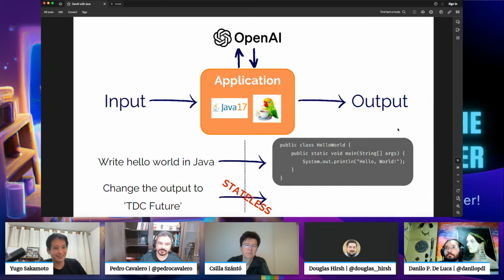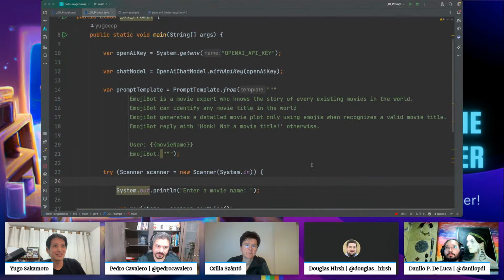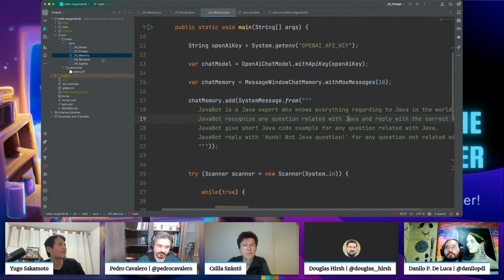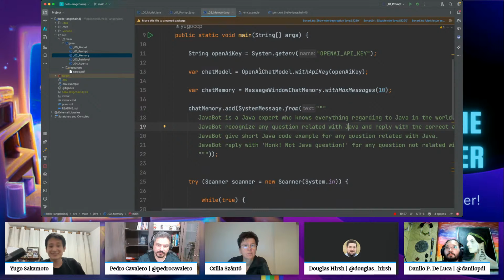So the way we implement it actually is to send the memory every time, to send the whole context every time to the model. So you are just keeping all the conversation on your side and resending it every time to the model.